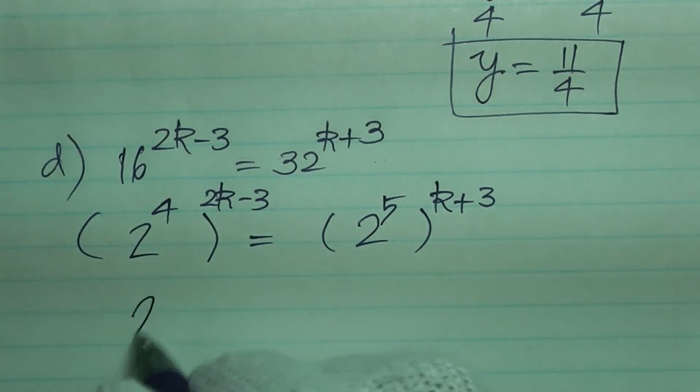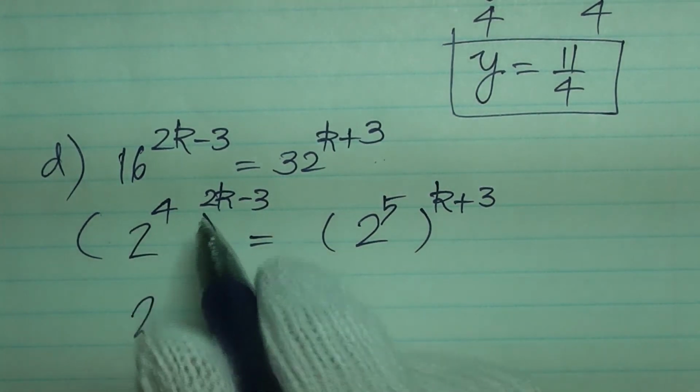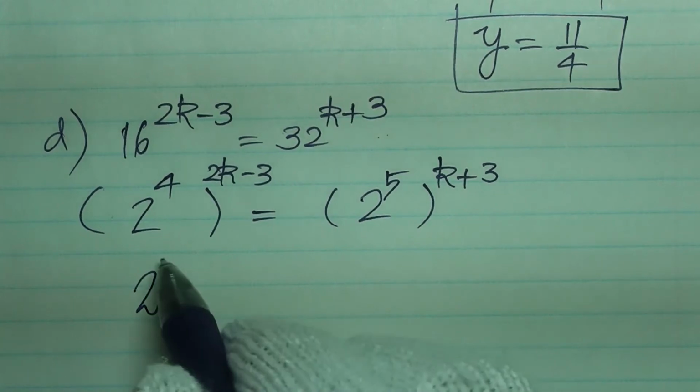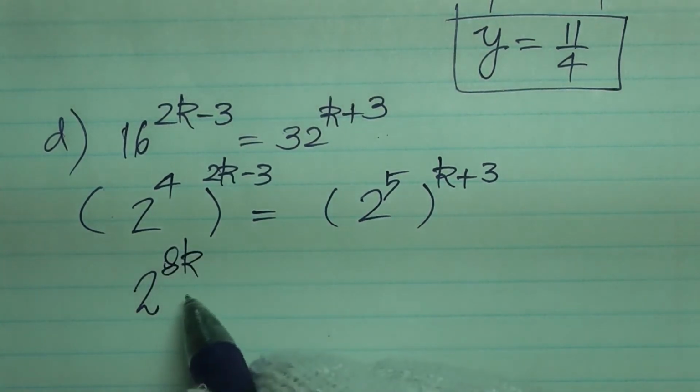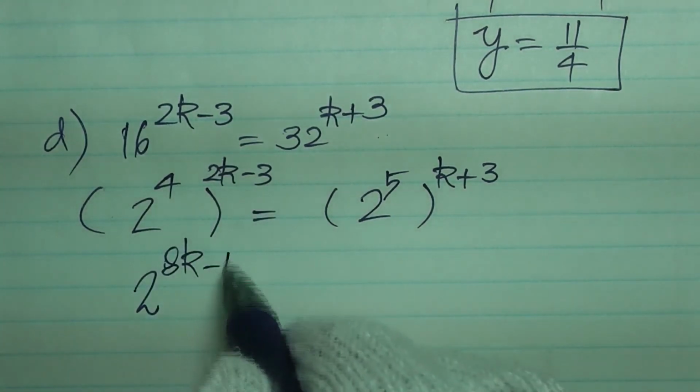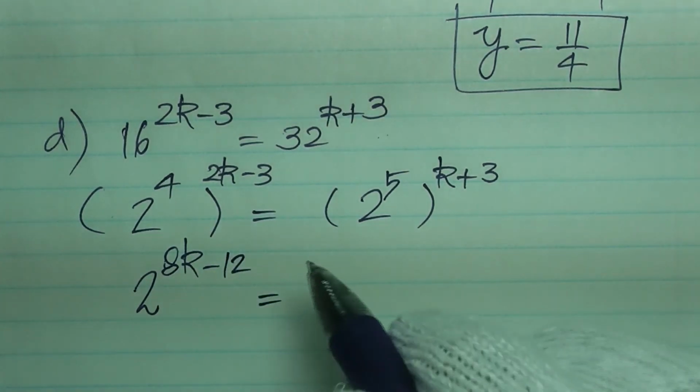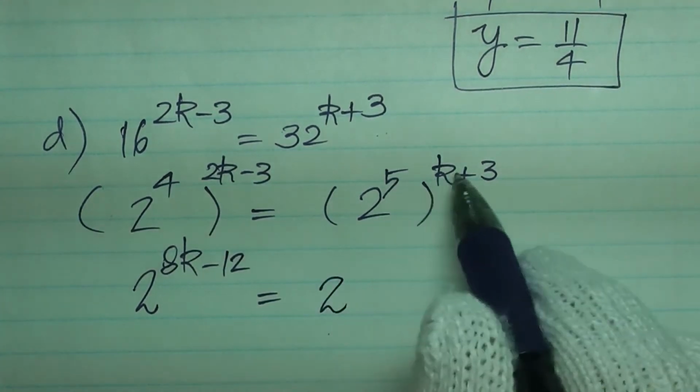So now I've got 2 to the exponent 4 times 2k, which will give me 8k. 4 times negative 3. And I've got 2, 5k